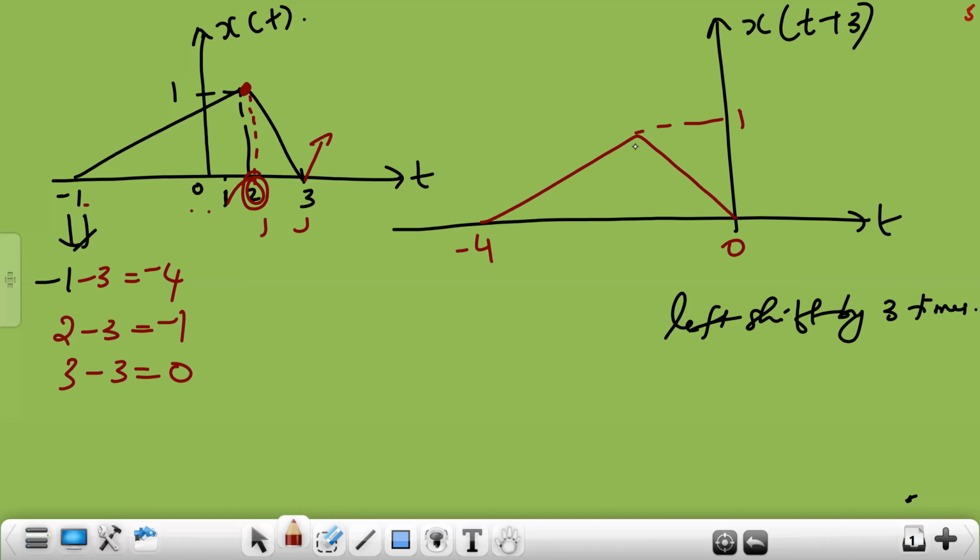And now the peak will be at which value? It will be at minus 1, because here the peak was at 2. So if you subtract 3 from this 2, the peak will lie at minus 1. You are shifting this to the left side, isn't it? When you shift that signal to the left side, the peak of this triangular waveform will be at time equal to minus 1, because previously it was at 2. When you shift to left, you need to subtract. So 2 minus 3 becomes minus 1. So this is the answer that you get after shifting the signal towards left by 3 instants of time. Kindly draw it and let me know if there are any doubts.